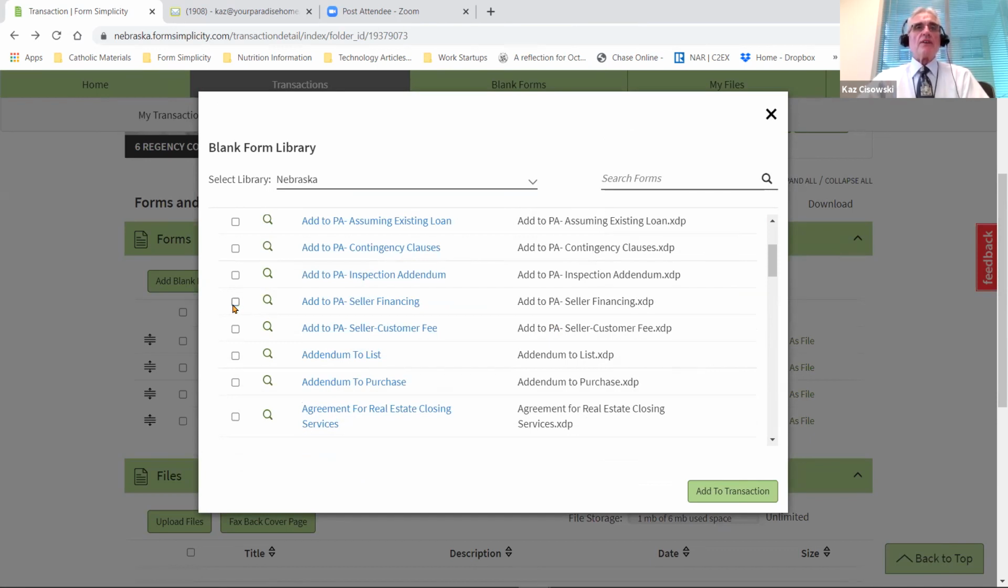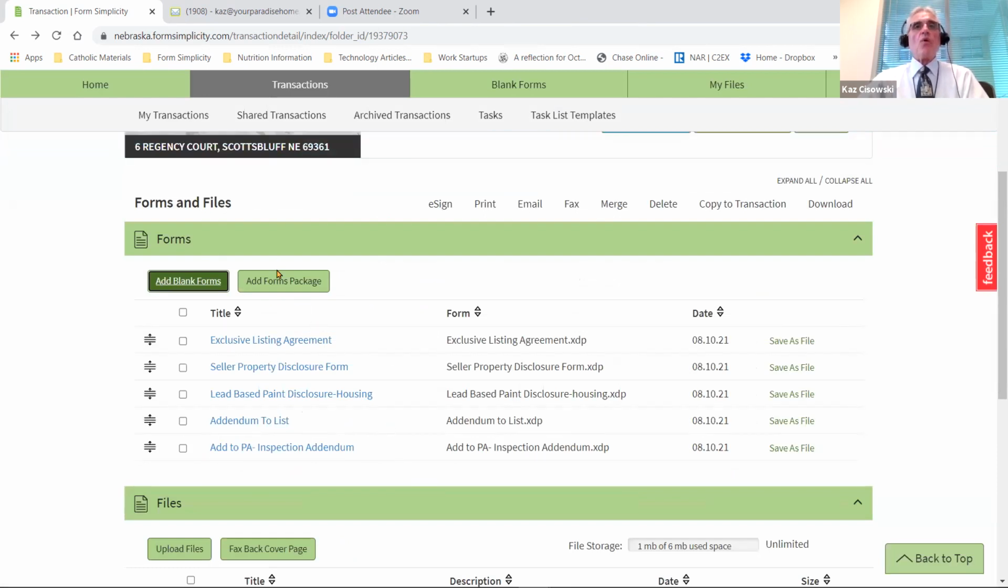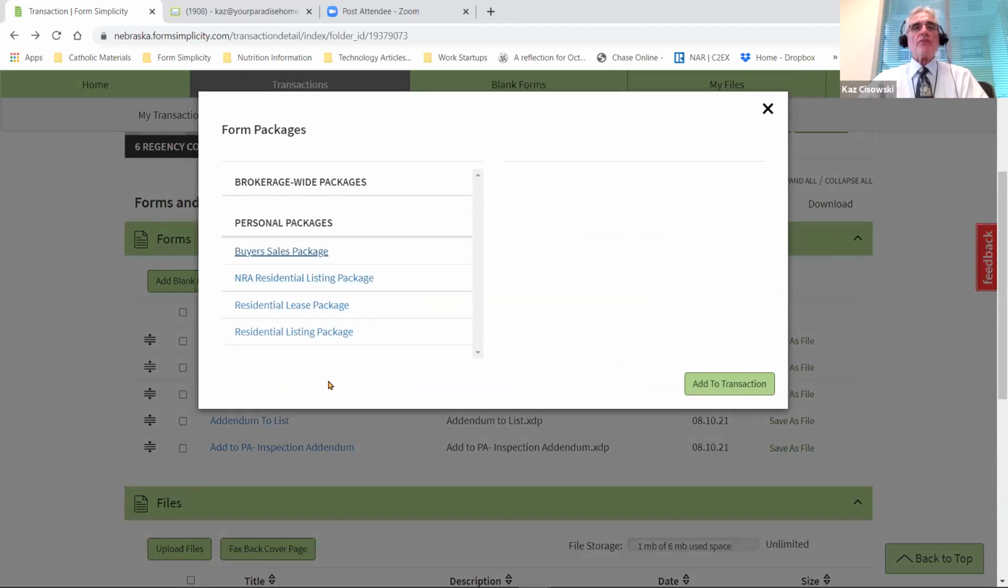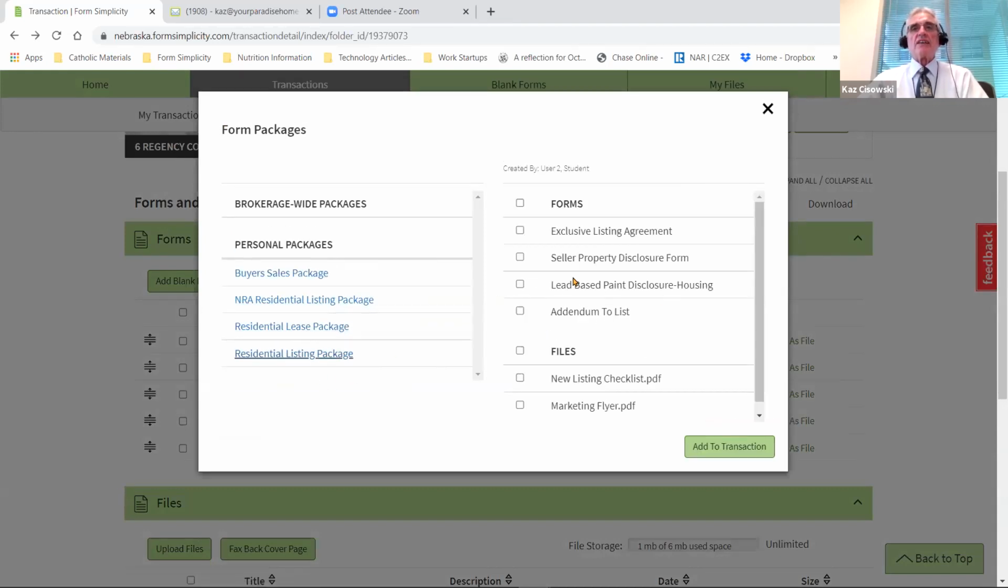And then, or actually even better, how about this one here, inspection addendum? And then click on add to the transaction. So I can always add forms on the fly. Or you can always add forms from the forms packages by opening up a package, selecting one of these, which